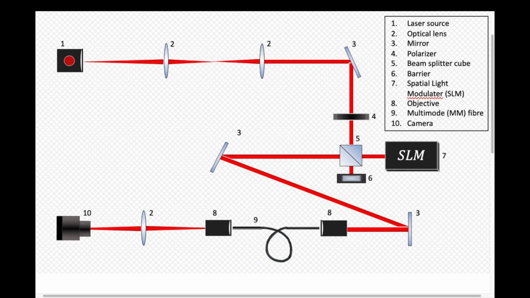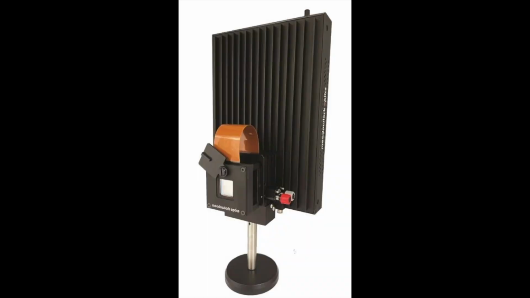This is a setup similar to what can be expected in most wavefront shaping experiments. A laser source produces a beam that goes through lenses, a mirror, a polarizer, and a beam splitter before encountering a spatial light modulator, which will send the light back into the circuit to enter the multimode fiber before ending up on a camera. We use a spatial light modulator, or SLM, to dynamically shape the wavefront of the input